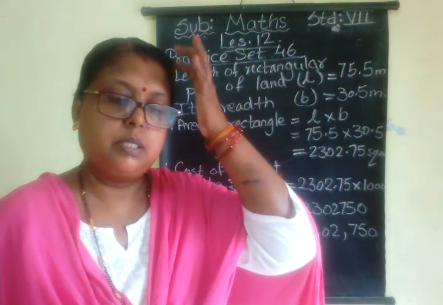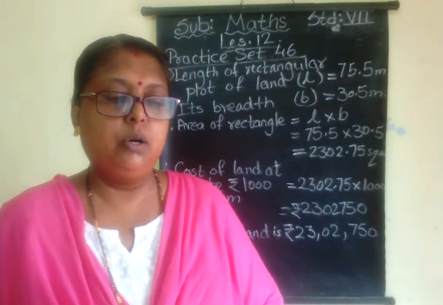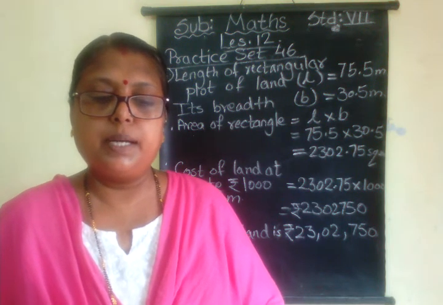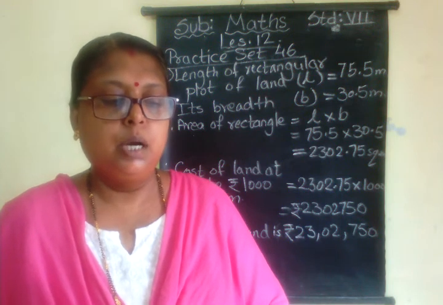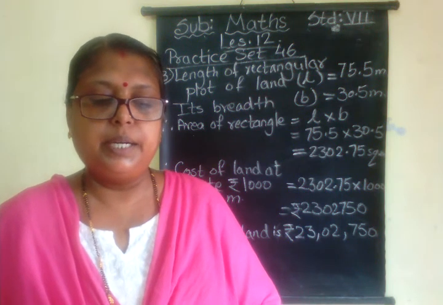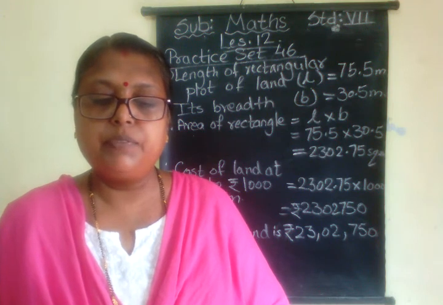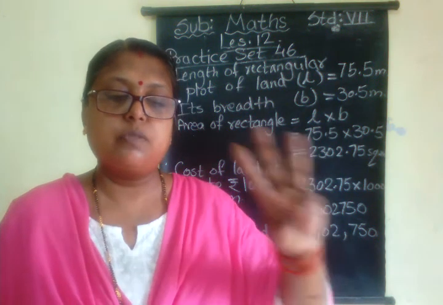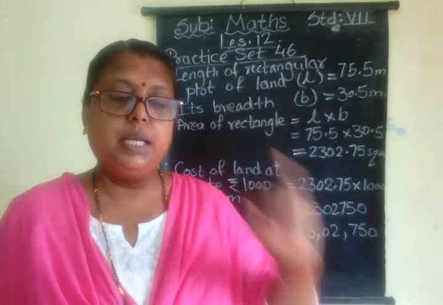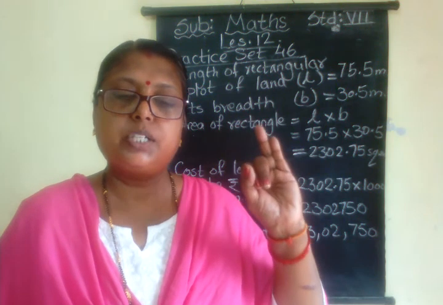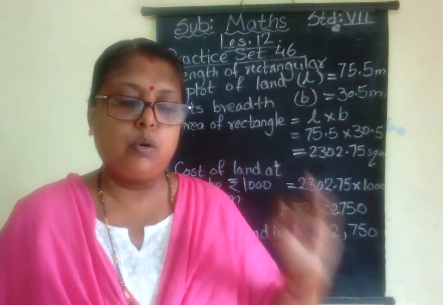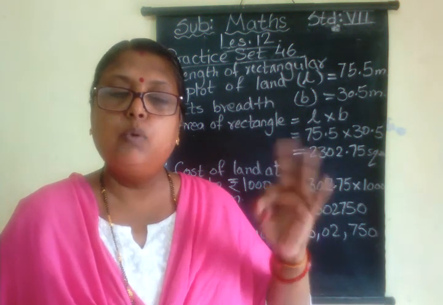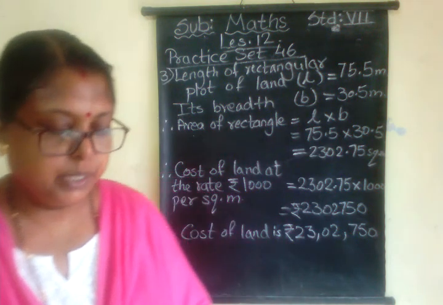Fourth sum, see in your book. A rectangular hall is 12 meter long and 6 meter broad. Its flooring is to be made of square tiles of side 30 centimeter. How many tiles will fit in the entire hall? How many would be required if tiles of side 15 centimeter were used? Now three questions we have to solve here. First we have to find the area of the hall. Then if the square shape tiles is 30 centimeter, then how many will be required, and if the size is reduced, that is 15, then how many are required, that we have to find the answer.